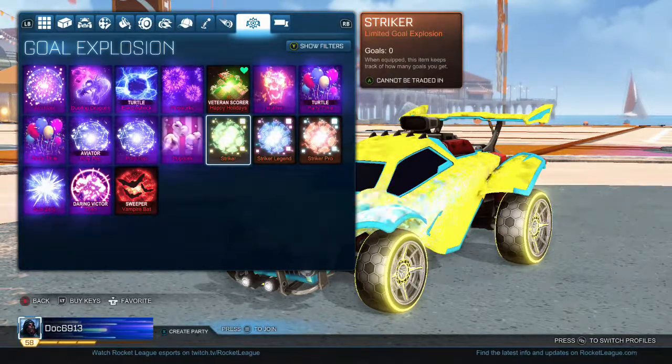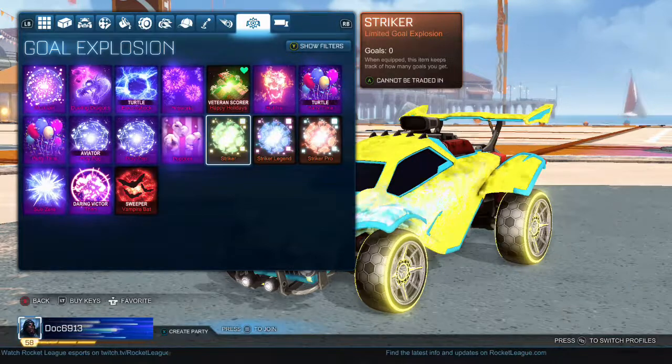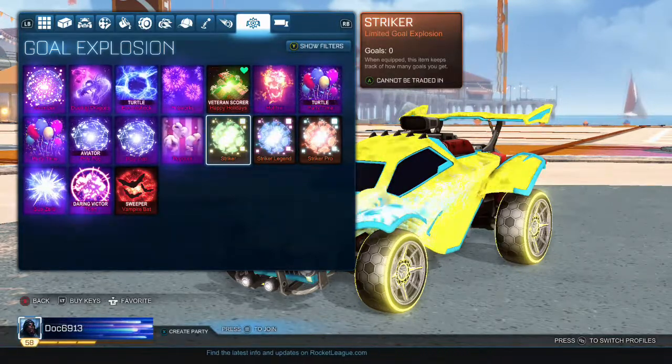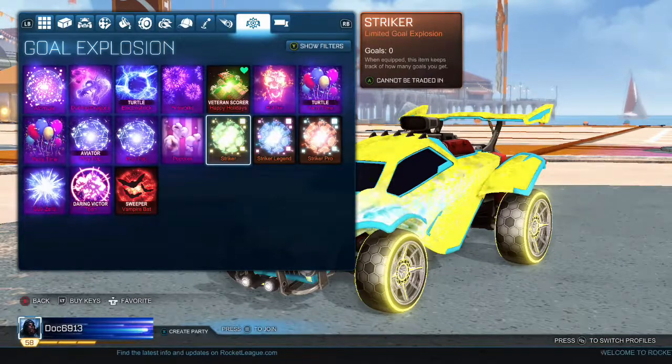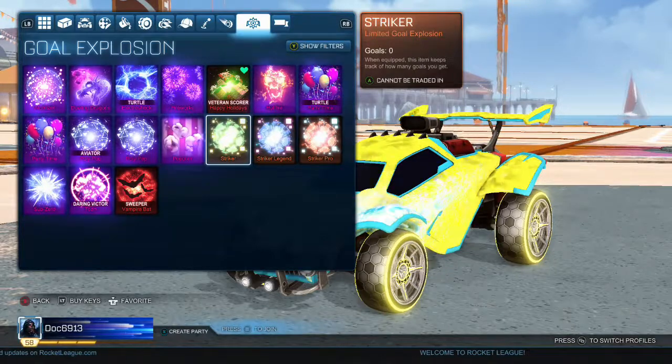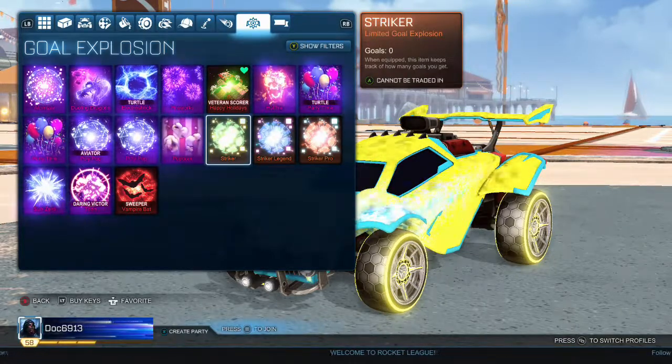Again, there's 7 tiers for the player banners. There's also 3 goal explosions that coordinate to what tier you made it to, and we'll take a look at those here in a second. Season 8 is beginning. It starts with a soft reset, which is going to require you to do placement matches